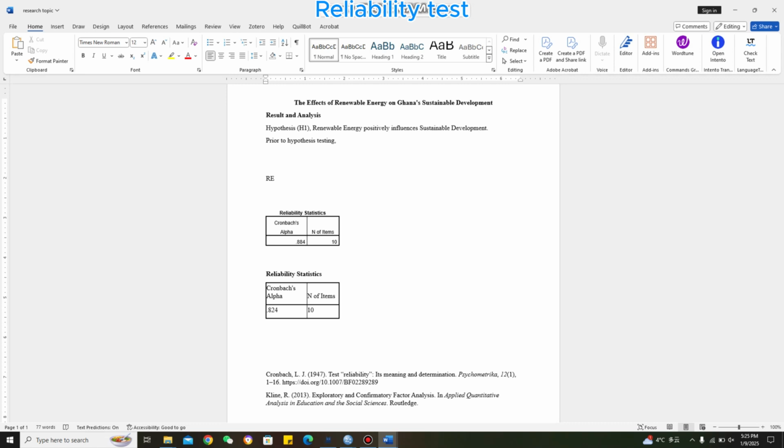Prior to hypothesis testing, the questionnaire instrument validity and reliability were assessed. Okay, so now you can say that